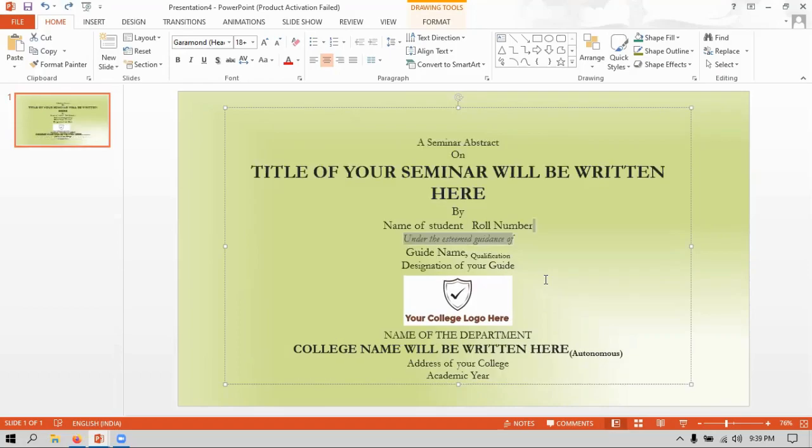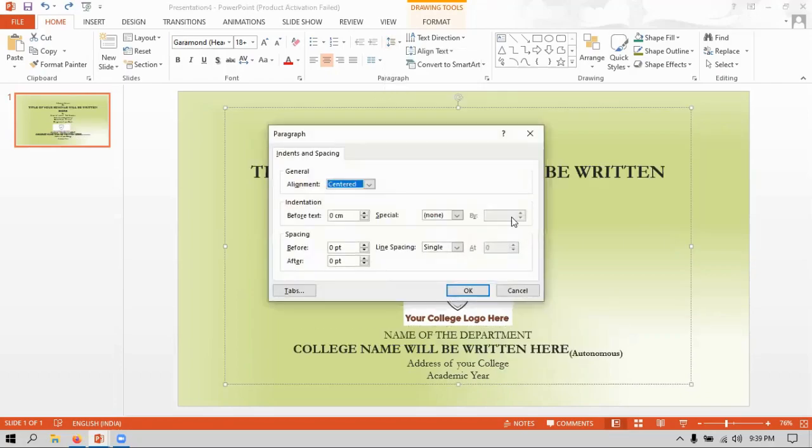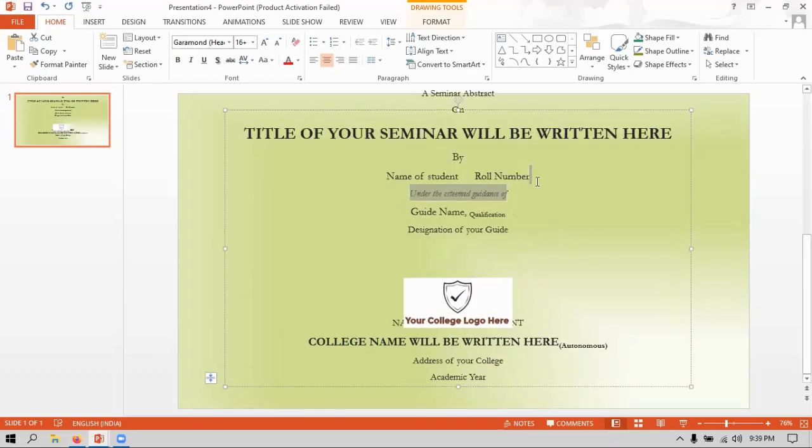Similarly, I'm undoing this. I can also assign the line spacing in between those two lines, like 1.5 lines, so that I can see it like this. But it is not applied to only the two lines which are highlighted here.